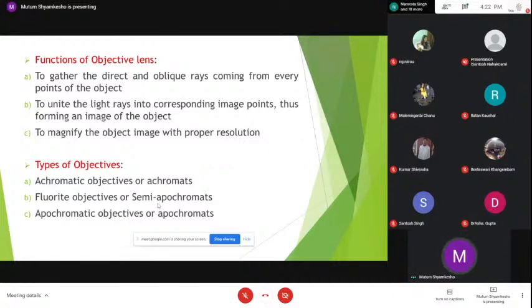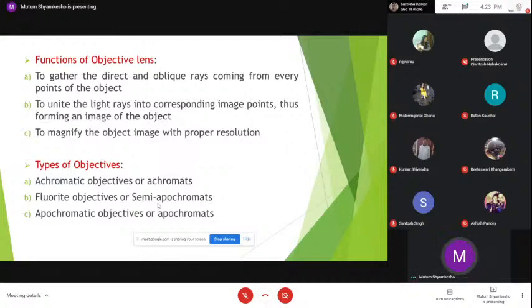They are also corrected for chromatic aberrations for blue and red wavelengths, and also for spherical aberrations for blue and green wavelengths. They are more costly than the achromates, and these fluorite lenses are not